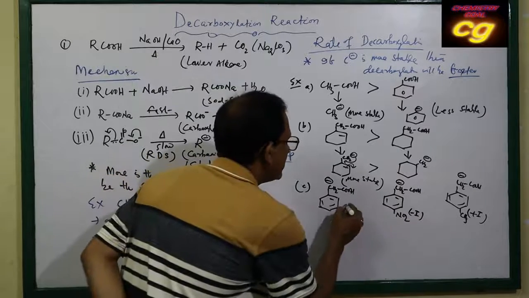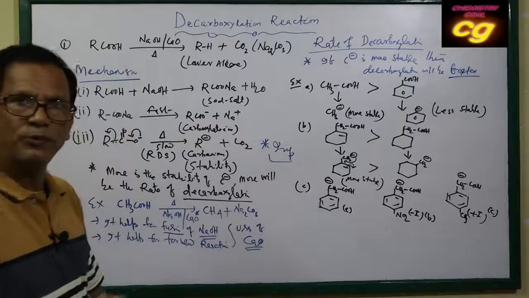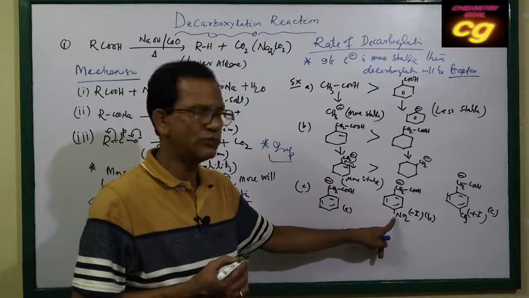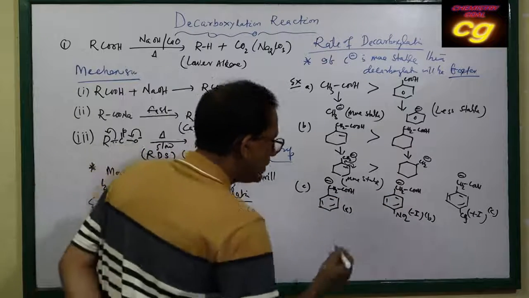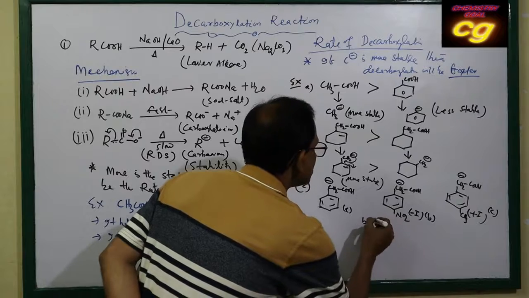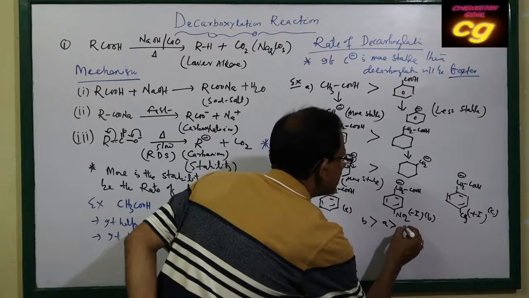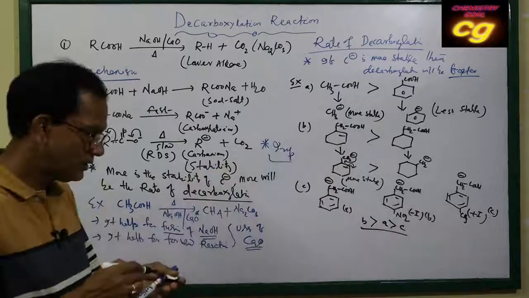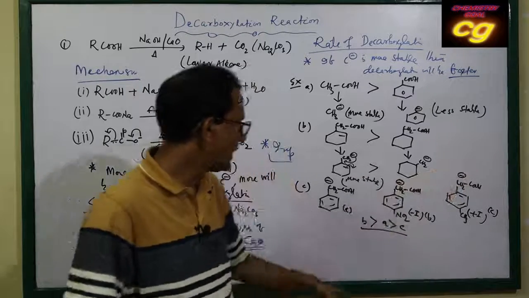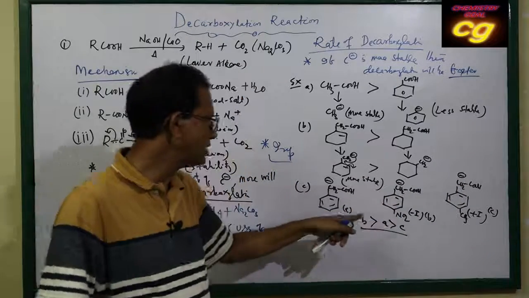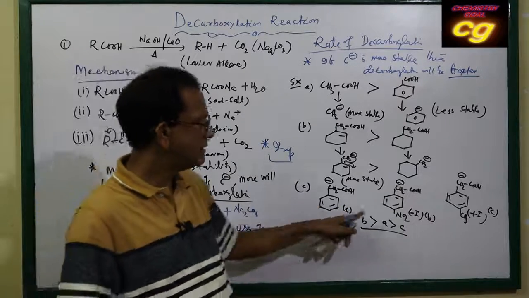Suppose it is A, this is B, this is your C. If you take, then which will be more stable? The minus I effect is more stable because, due to the minus I effect, the electron density decreases. So the first will be faster. Which example is faster? B will be faster, then A, then C. Because here in C the plus I effect decreases the minus charge, and the minus I effect increases stability. So first one will be B, then A, then C.